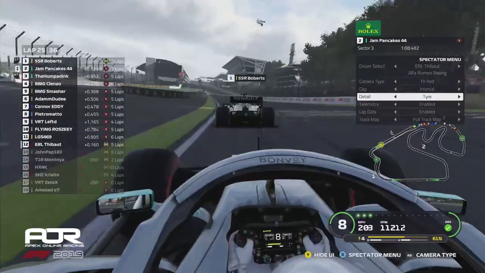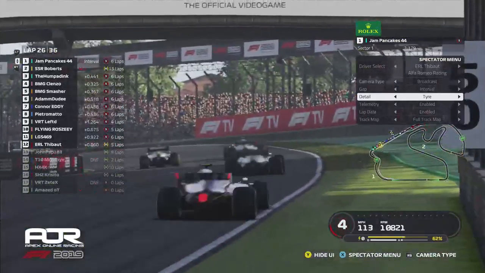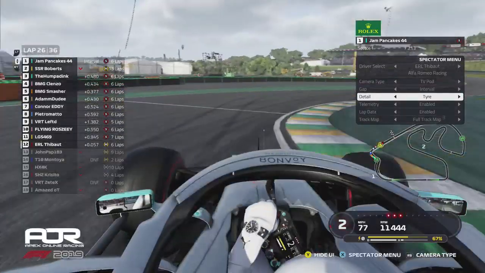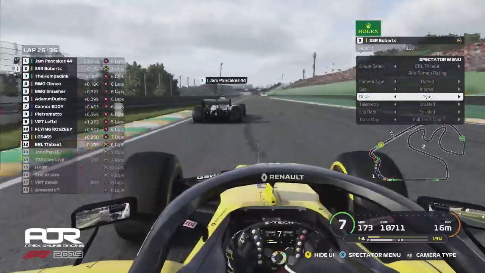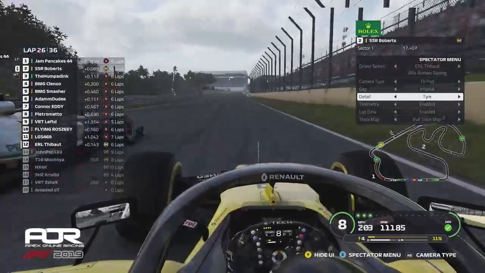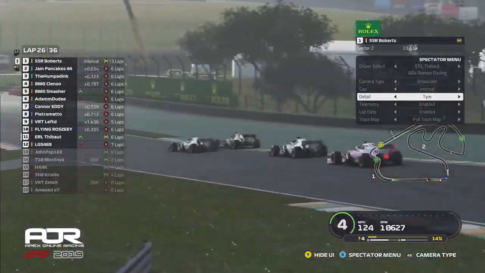So here goes Jam Pancakes on Bobbers. This could be an easy move as he's going to get DRS. But Bobbers is defending for all his might here, as Bobbers is going to try and get the switchback, which he doesn't. And I think Bobbers is going to get DRS here. Yes, he does. So Bobbers, here he comes then on Jam Pancakes, going to the outside, which he...